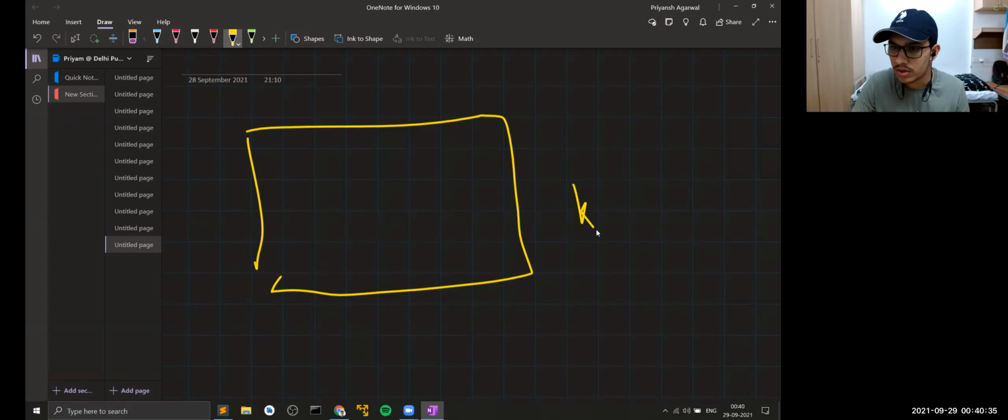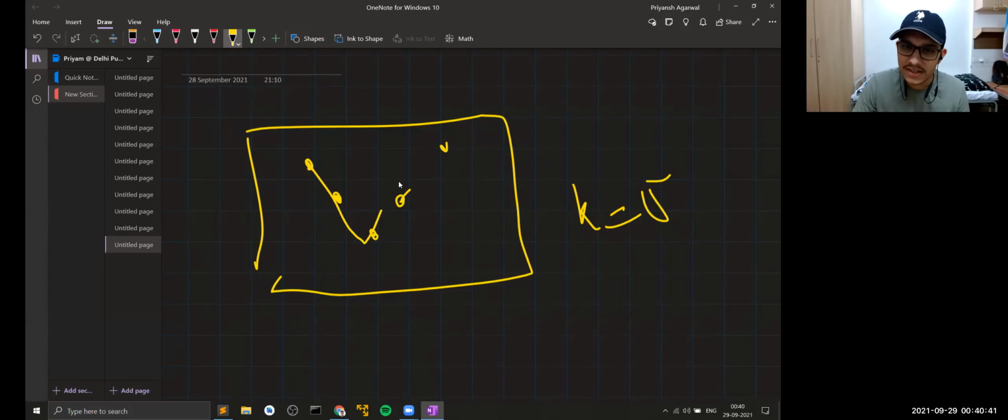Let's say I give you k equals 5 and you find only these. So would this be considered a valid tick mark? Can somebody tell me? The length here is just 2. So would this be considered a valid tick mark if k equals 5?